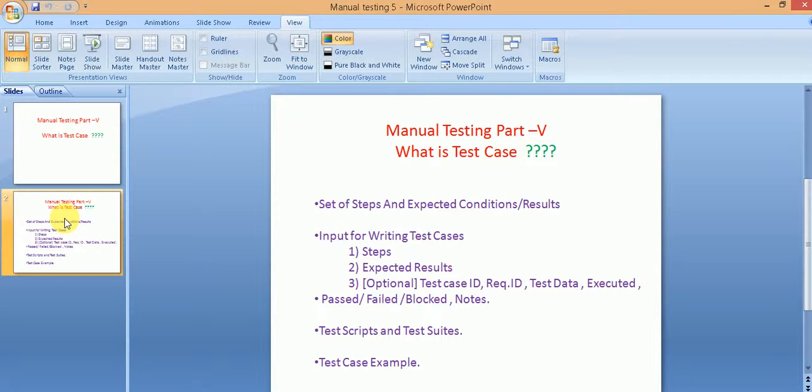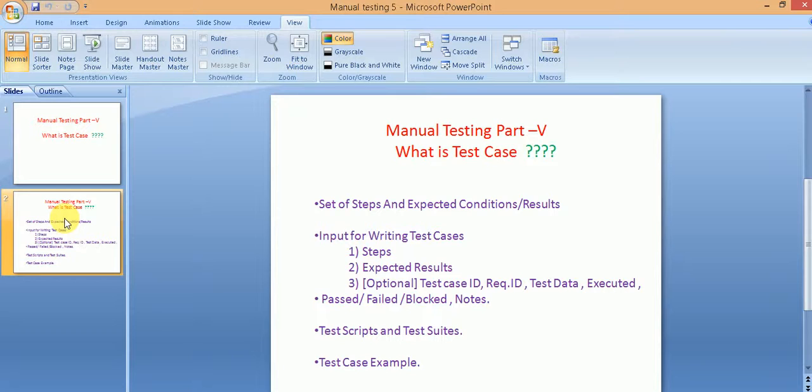There is a variety of requirement documentation. It can be in the form of business requirements or software requirement specification or technical requirements, functional requirements, non-functional requirements, use cases, user stories.